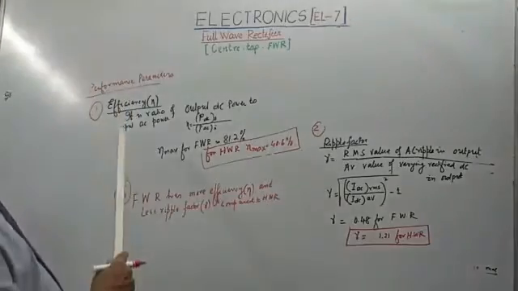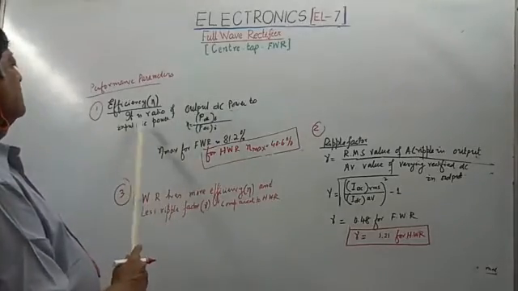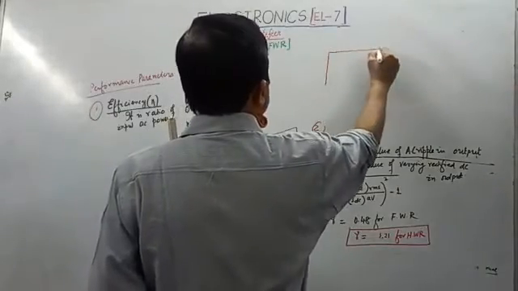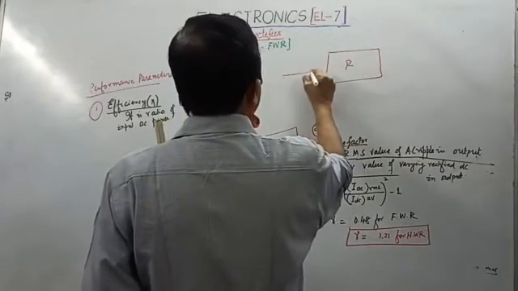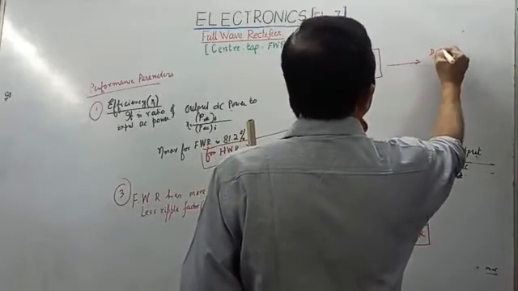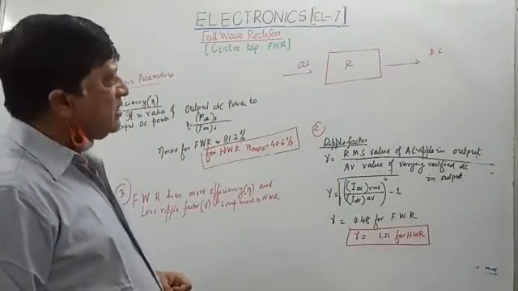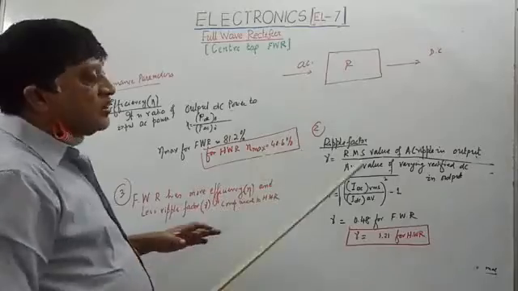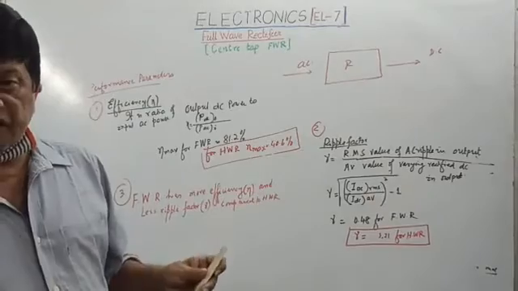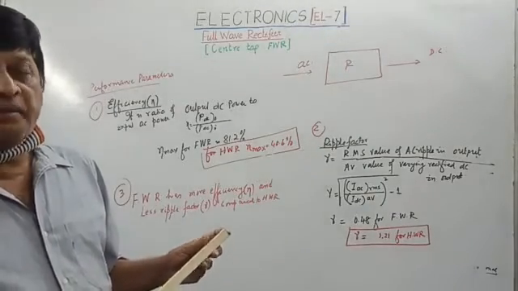Okay? So efficiency eta is the ratio of output DC power to input AC power. This is your rectifier. You give AC, you get DC. AC to DC, then the device is a rectifier. Okay? So there should not be any power loss. It should only convert AC to DC. Electrical power is very precious. So we should see that we don't lose much power. Power loss is a very bad thing for us.